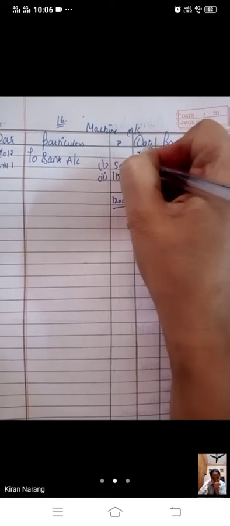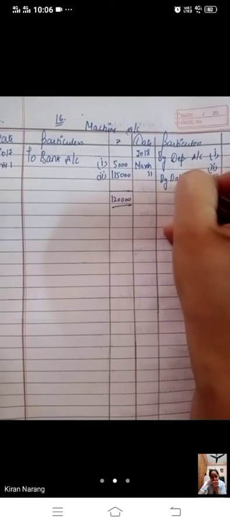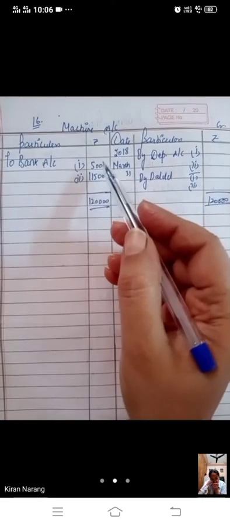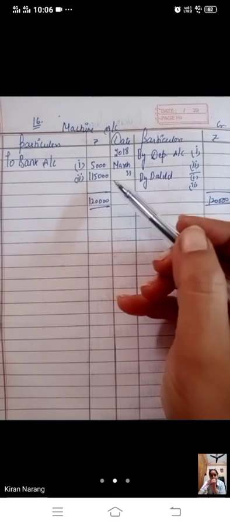Now, account will be closed on 31st March 2018. Now how many depreciations will we charge? Obviously 2 depreciations we have to charge for 2 machines, and 2 balance c/d will be there for the first and second machine. This will be the first year of the question. We have considered this machine as 2 machines.